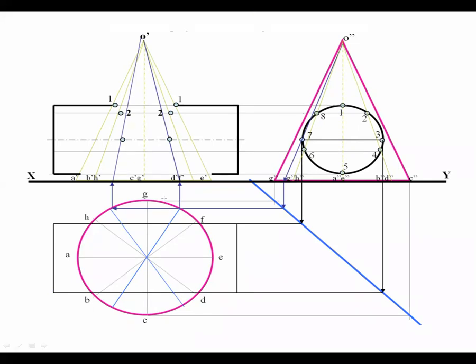Now see, we have to plot the points. Point number 1 is intersecting over here, and point number 1 can be extended over here. I have highlighted just with the help of a red line. The similar way, point number 2 is over here.